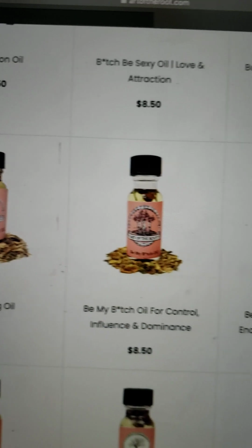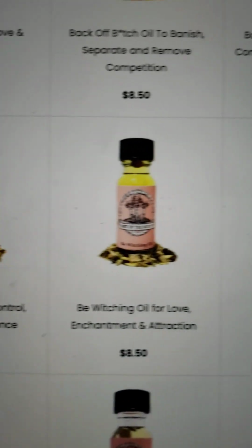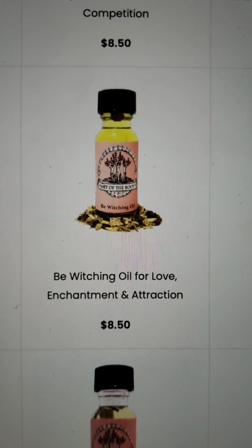Don't have the Banishing. Don't have Be My Bitch. That does sound interesting though. If any of you guys have that, let me know. And one of my favorite oils from them, along with the Deadly Attraction, is their Bewitching oil for love, enchantment,